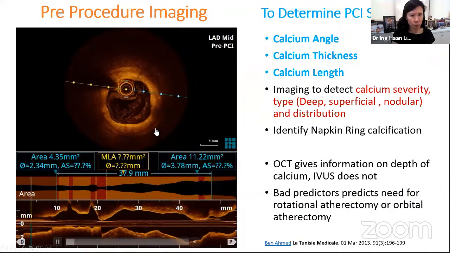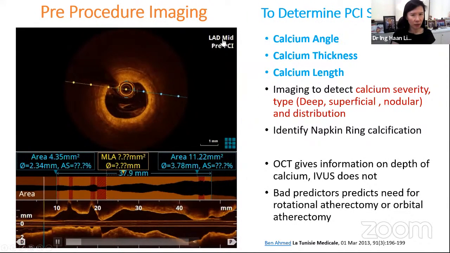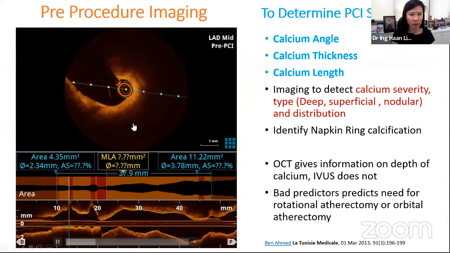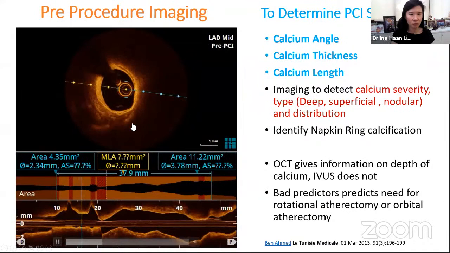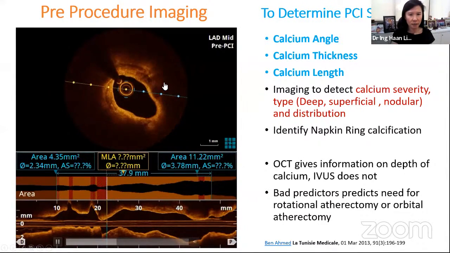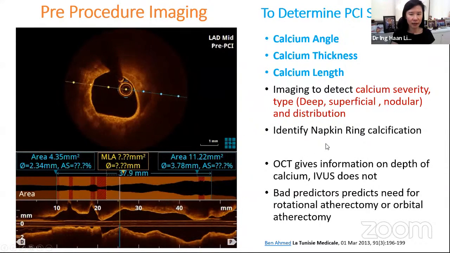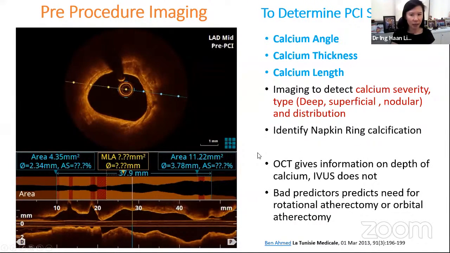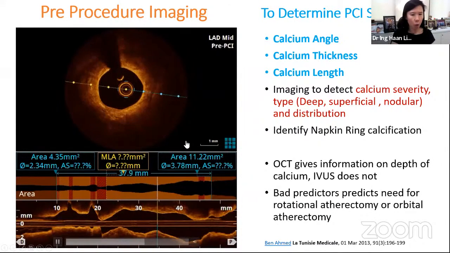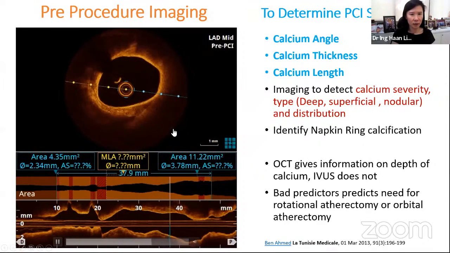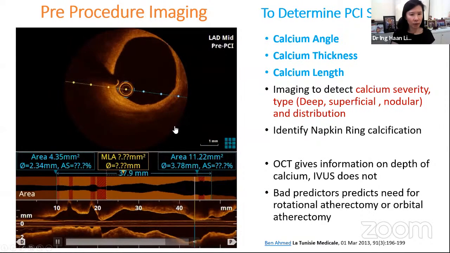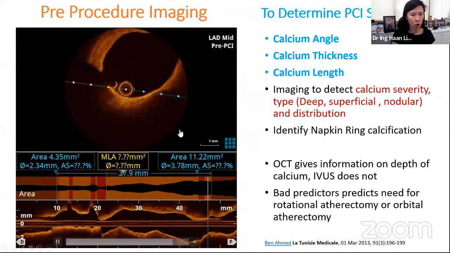This is a pullback of the OCT in a highly calcified LAD, showing detection of calcium severity. There's deep calcium, superficial calcium, and also presence of nodular calcium over here, and circumferential calcium identifying Netkin ring calcification. So OCT gives a lot of information regarding calcium characteristics, which IVUS does not, and allows us to predict whether the use of rotational atherectomy or orbital atherectomy